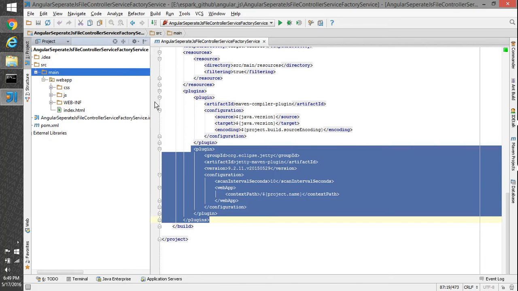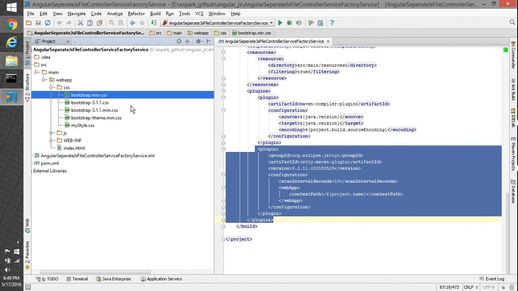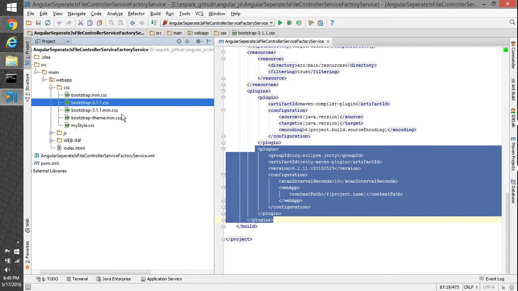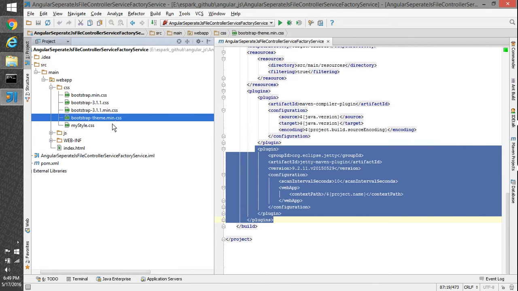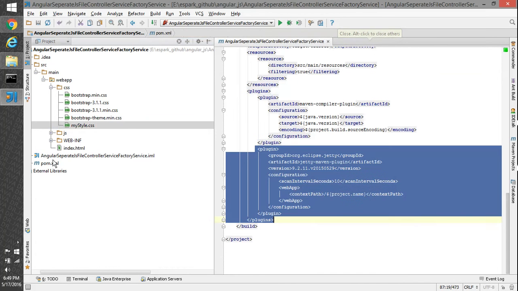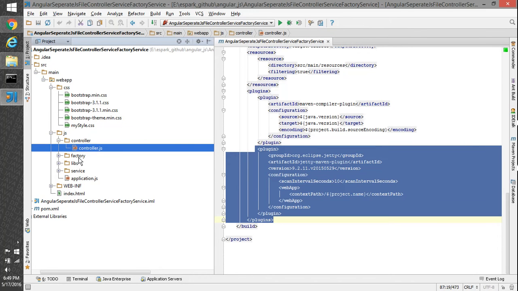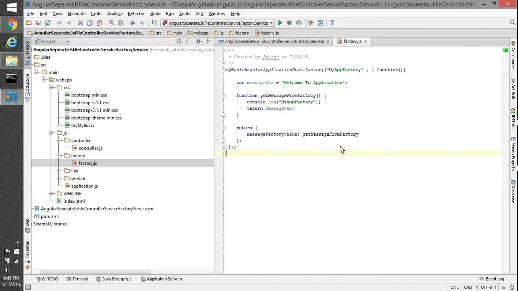Then getting into the webapp, where we have a CSS folder. We have bootstrap min CSS, bootstrap CSS, and then we have a theme related CSS. This is our own custom CSS file. And then inside the JS we have a controller. So we'll start from the factory. So this is factory.js,